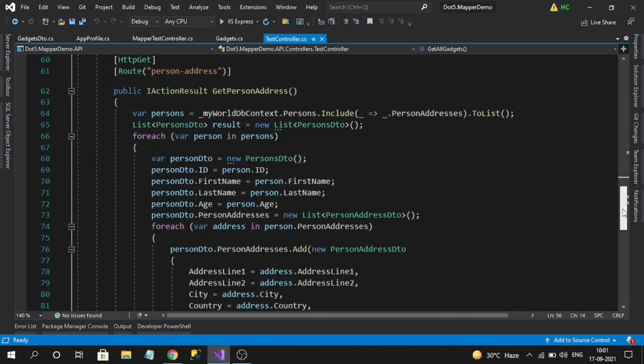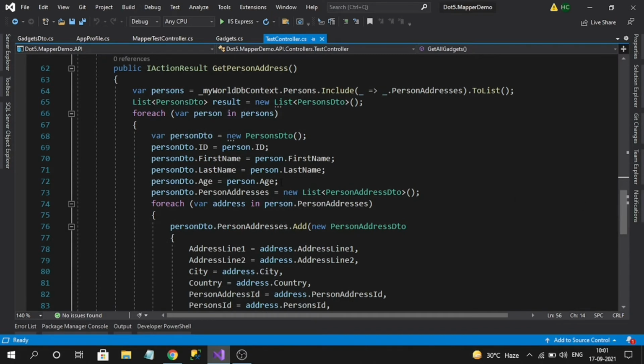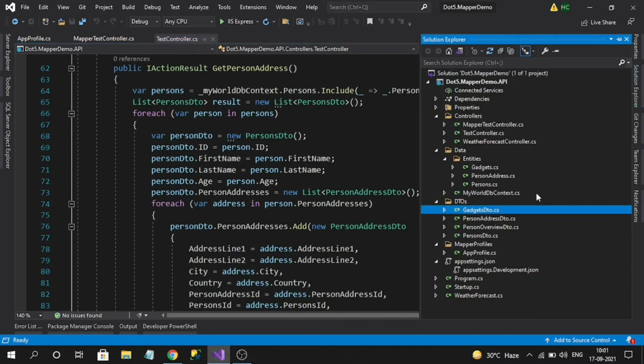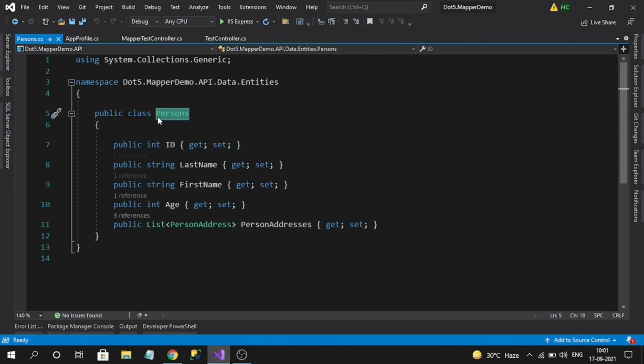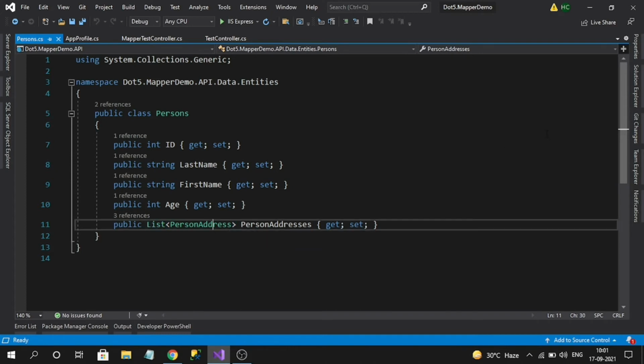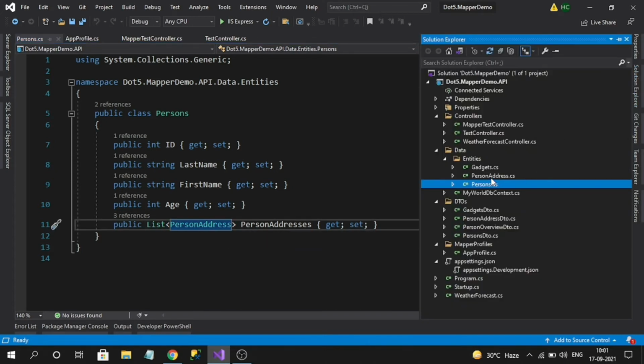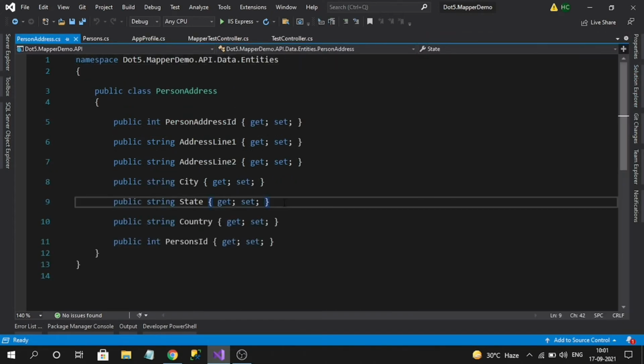To understand nested object mapping, here is how the code looks without AutoMapper. I have different objects like person. Let me show you the main classes and DTOs. This is the person class, and it has a dependent child table, that is person addresses. A person can have multiple addresses, so addresses can be a list. And this is the person addresses class.